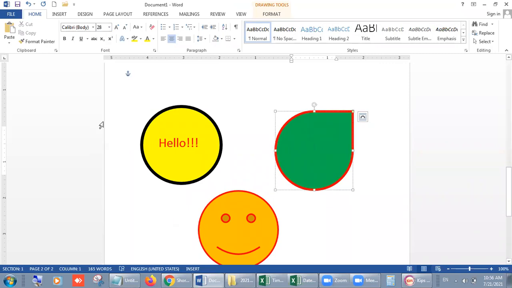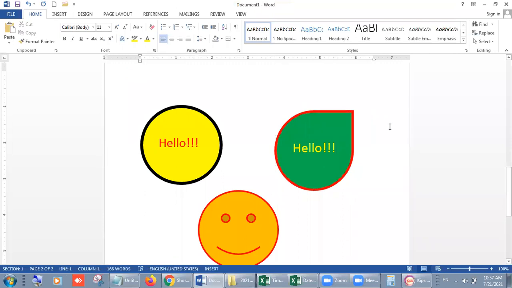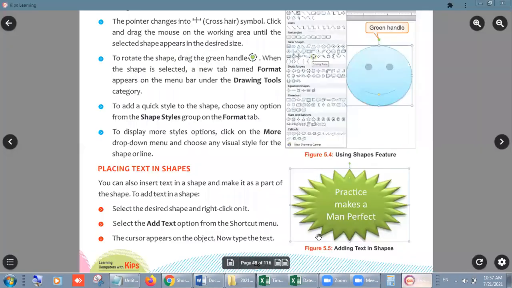Suppose 28. Suppose again I am typing the same word, hello. Okay, in this way you can write anything in the given shape. I hope you are understanding it very easily, because there is nothing tough in it. Now let me move to the next page.